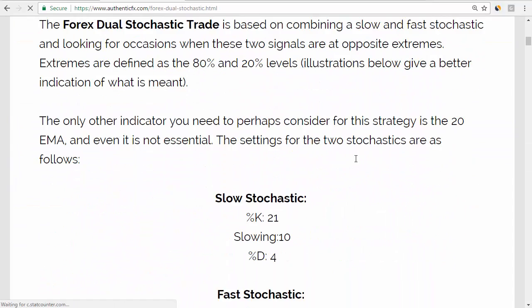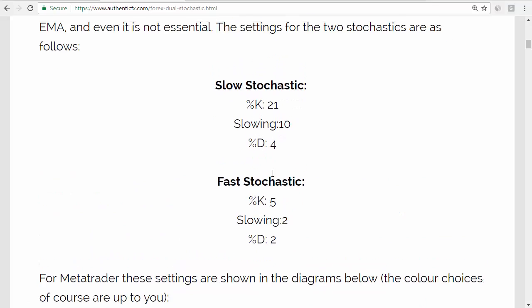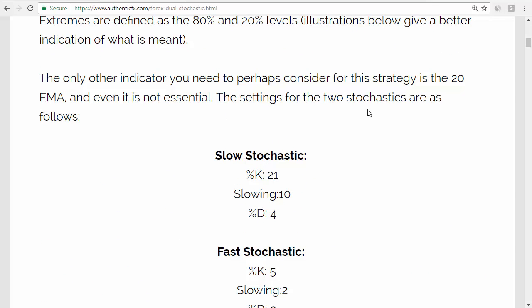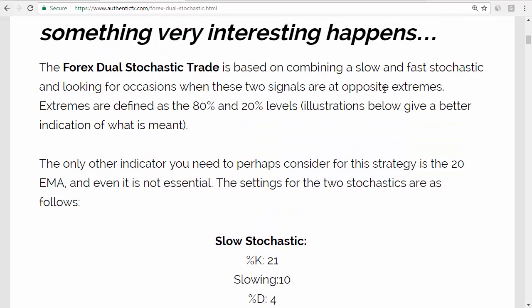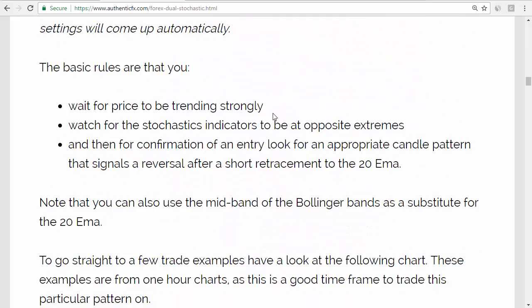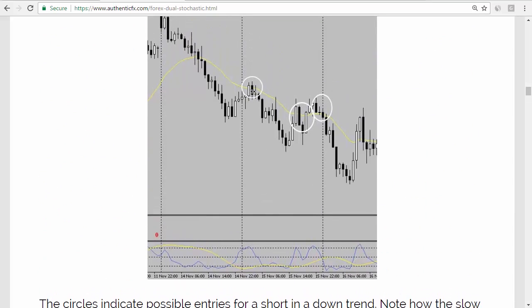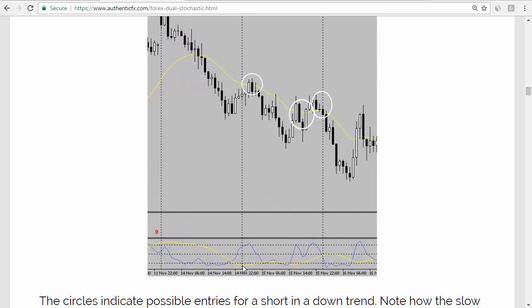So this one here, you're looking at a slow stochastic and a fast stochastic, and you're looking for them to be at the opposite extremes, the extremes being the 80 and the 20 levels. Let's have a look at the illustration. So you can see here that you've got one at the extreme below, the slow one, and you've got the fast one at the extreme